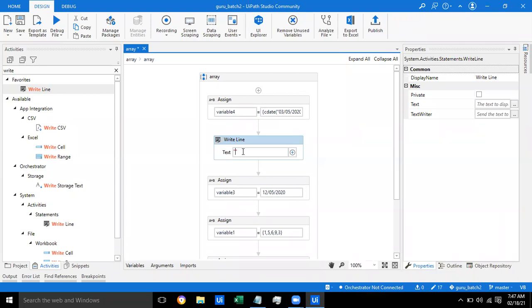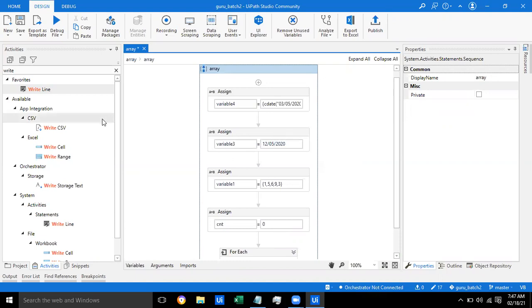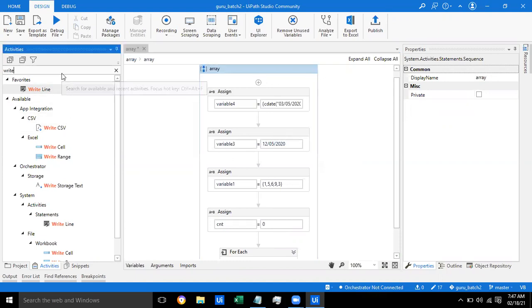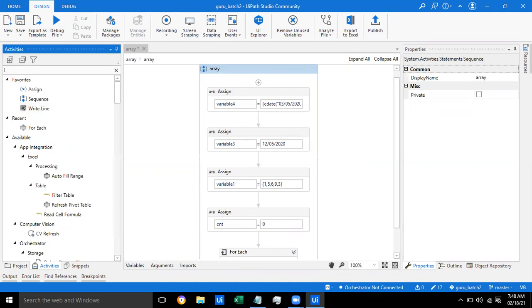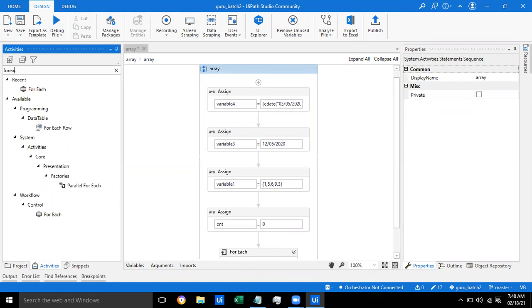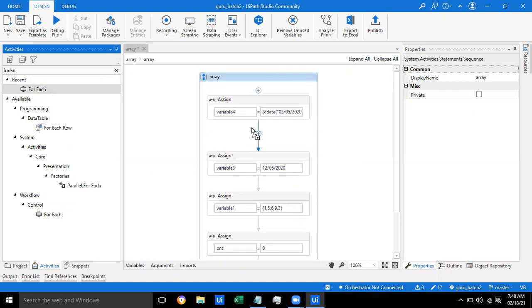We can show the variable name in a text box, message box, or a Write Line. We can do the variable 4 dot. Okay, let me show you. Now just listen carefully, guys. Just drag a For Each. What is the use of For Each? It has to go for every looping. So for each and every.